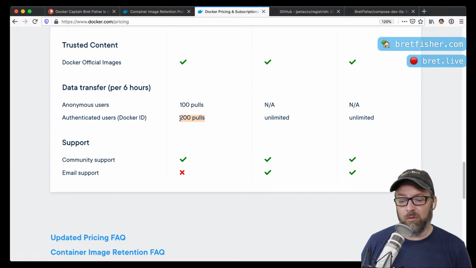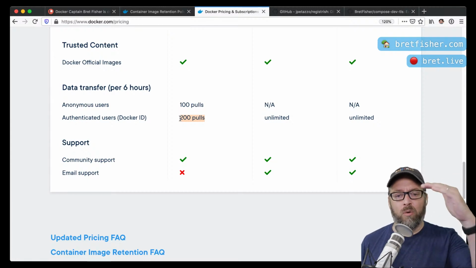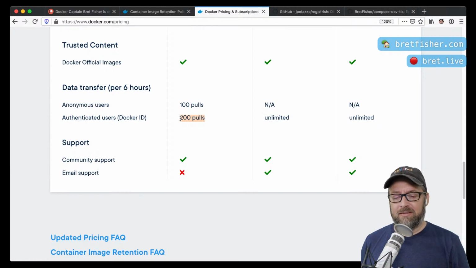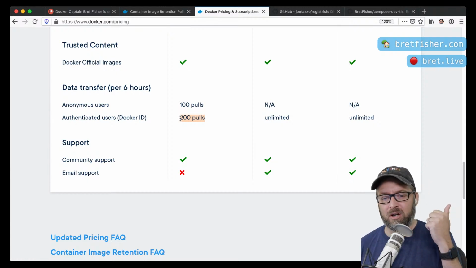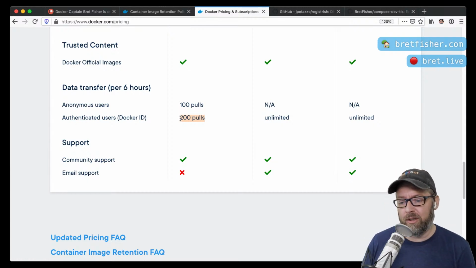What we are hoping is that there will be some really great blog posts that Docker and others put out about how to do that. Some really great walkthroughs of, in this specific situation to solve this specific problem, let's say you want to cache all major images, right? Like all the free images, all the official images from Docker. So Nginx, Python, Java, you want all those images cached in your office. So how would you set up a single container essentially to just cache all those, and then that way all of your internal CI, your internal servers can pull from there and not hit these limits so quickly.